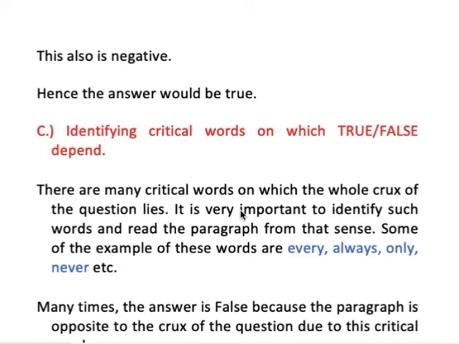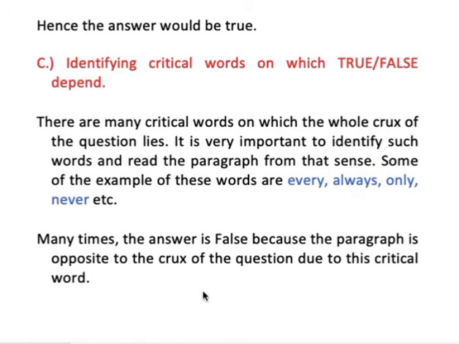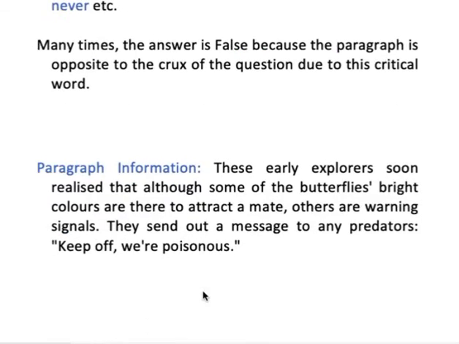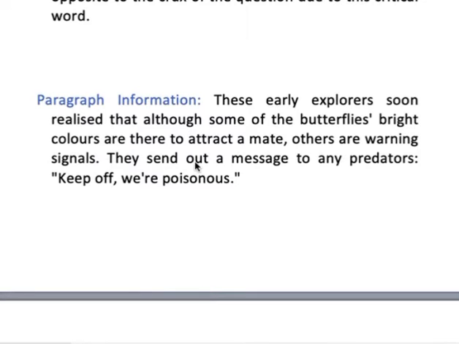Every means each and every. Always is all the time, always. Only means just one, only this. Never means not ever, never. Many times the answer is false because the paragraph is opposite to the crux of the question due to this critical word. Paragraph information: These early explorers soon realized that although some of the butterflies' bright colors are there to